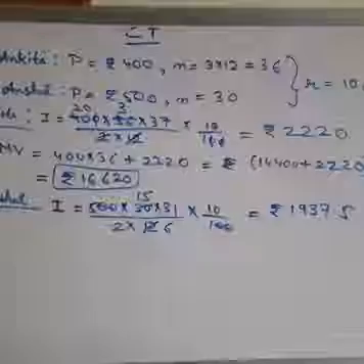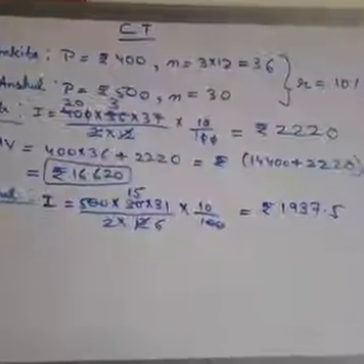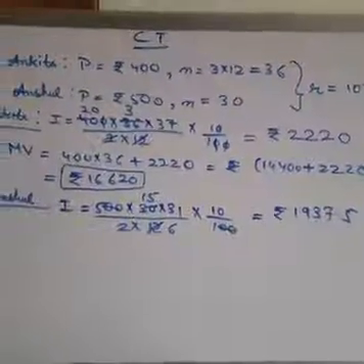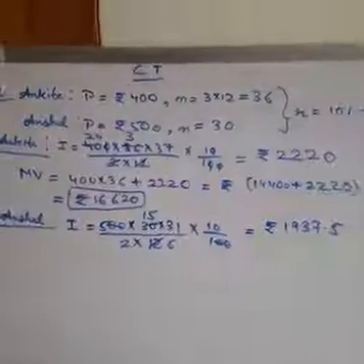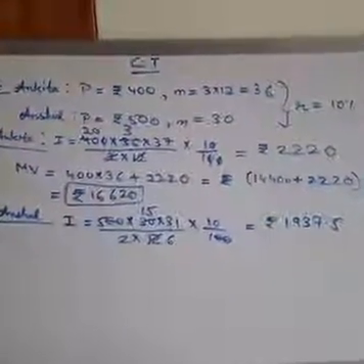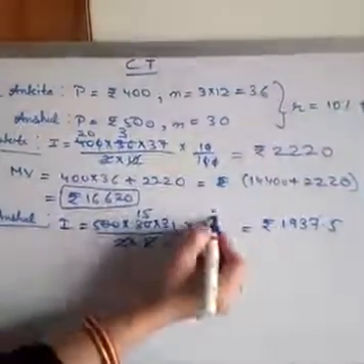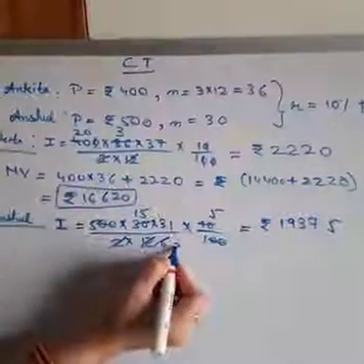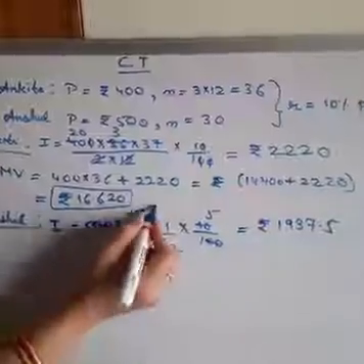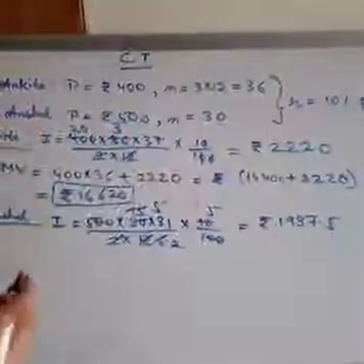Please do the calculation and write. Do not take down the digits directly. Okay. Now let's take the next. You can cancel it further. Okay, I have not cancelled. 2 into 5 is 10. Then 3 into 2 is 6. 3 into 5 is 15, and so on. Then proceed with the calculation.